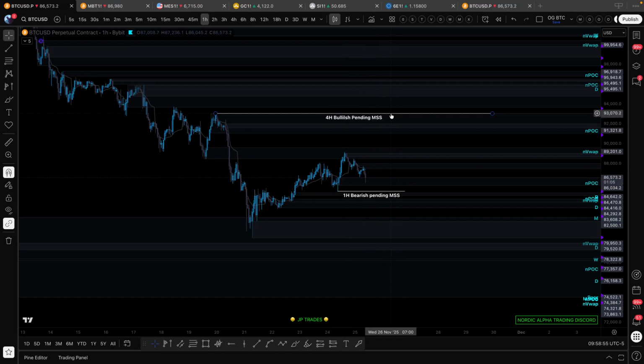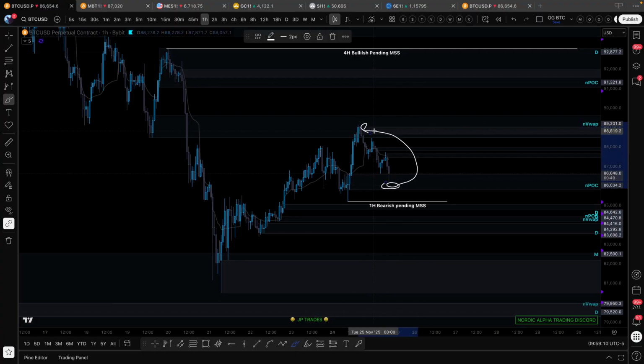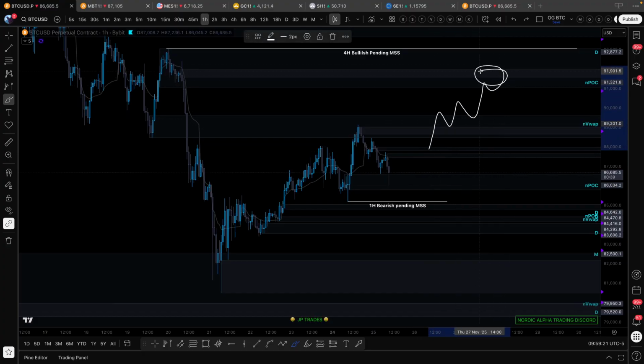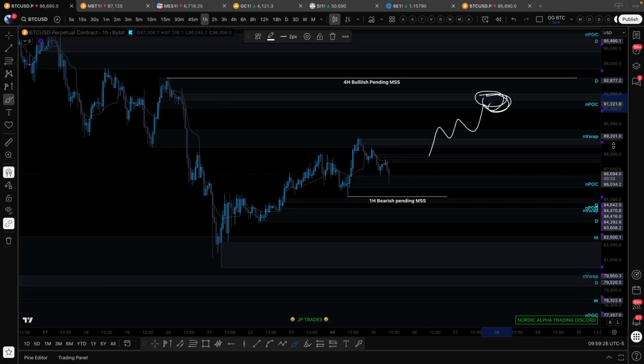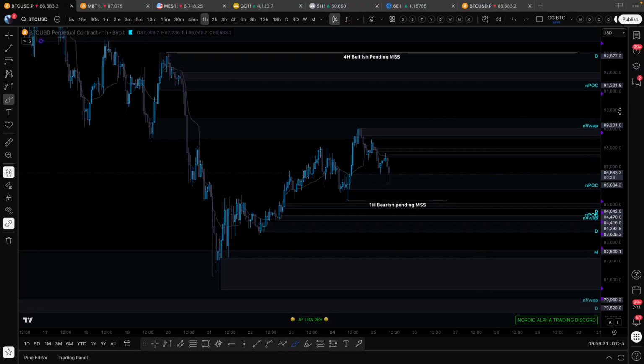Again, we have these two main market structure points to look at. If we do bounce here, I am planning to take the long. So if we bounce here, I want to target this high here and take that out. And so I would then look for an SFP of this high, or preferably if I'm in a long, I want to take out that high and then go up here to the next level. I would be looking for a short here. However, if we don't get a confirmation in the zone,